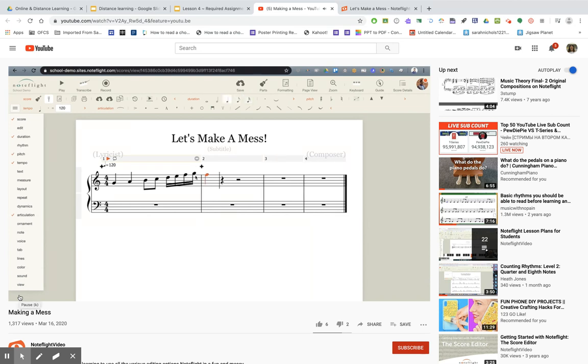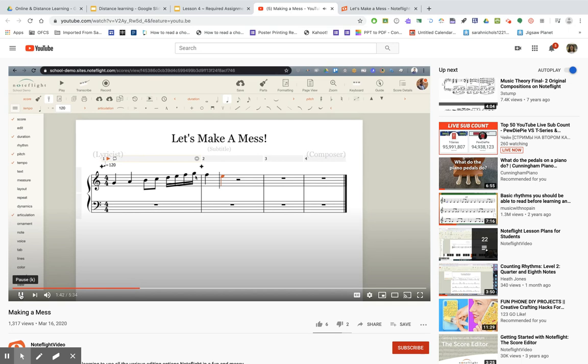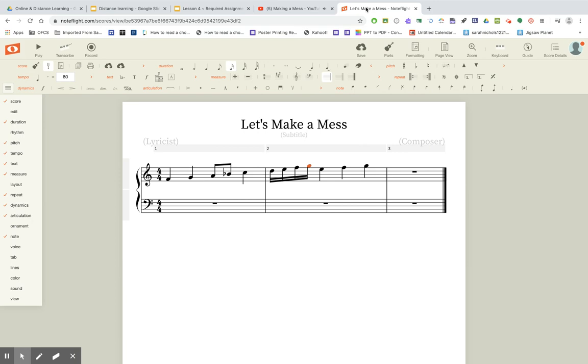Now here's another trick if you want to enter notes. You can use the R key to repeat, and then you can use the up and down arrows. The other trick about up and down arrows, if you hold down Shift, it moves chromatically. Okay, so I'm going to try that. In this measure, I'm going to make 4 C's, but instead of typing C 4 times,